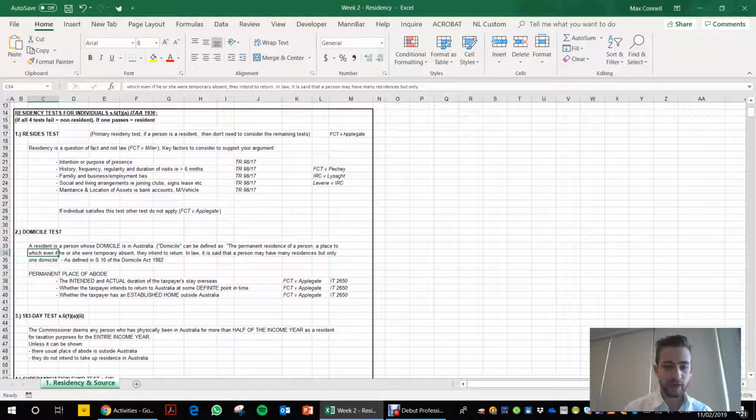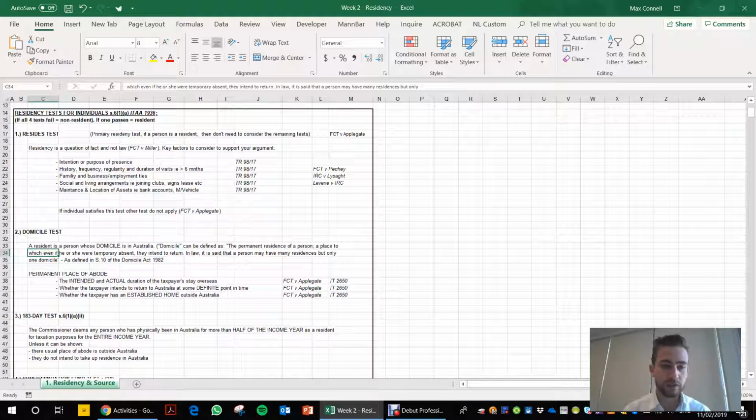So some of the facts, again, in FCT versus Applegate that you need to consider when looking at the domicile test is, what was the intention and actual duration of the taxpayer's stay overseas? Were they intending to return, for example? So a lot of these are around intention, a mental aspect. So it's really hard to get that in real life, but in the question they'll generally tell you what